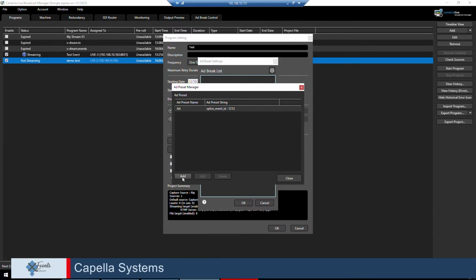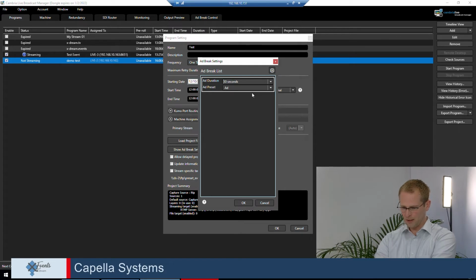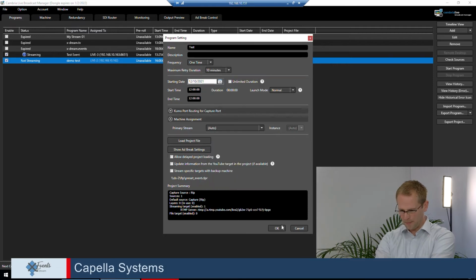We can also add more than one, but for now it's enough. And here we can double click. So I double clicked. We can add the duration, and here you can choose if you have more than one ad preset. So in this case we have only one. We click OK and click